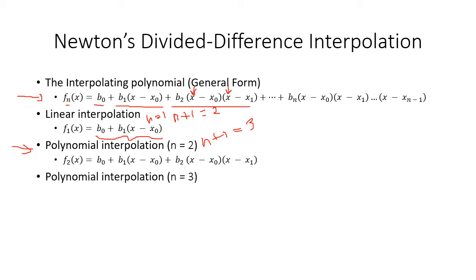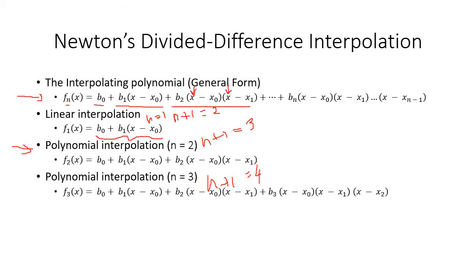And consequently, if we consider polynomial interpolation to fit a cubic curve which has degree 3, then that means 4 data points must be given, or the other way around, if 4 data points are given, then we will have to fit a cubic curve into the given data points, and subsequently the general form of the interpolating polynomial will have the first 4 terms on the right hand side. Okay, so in this last term we have the highest degree, x into x into x, that will give you x cube.